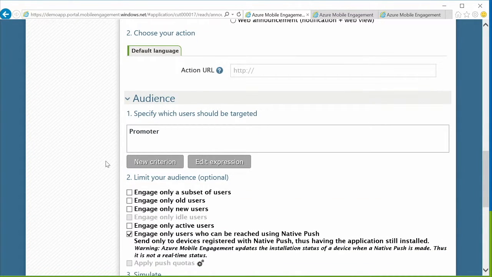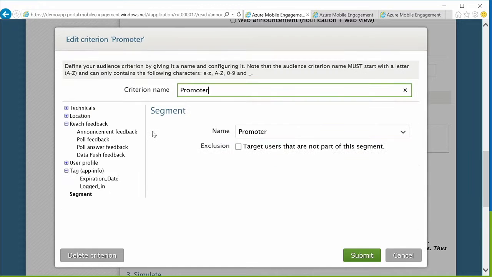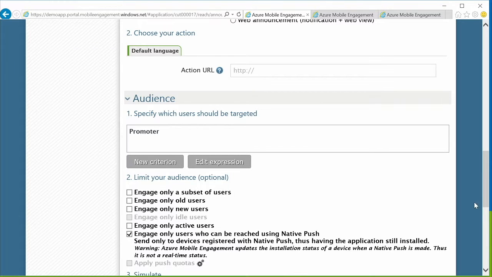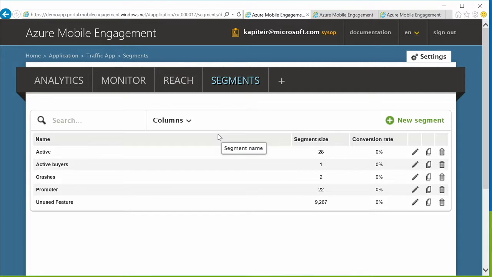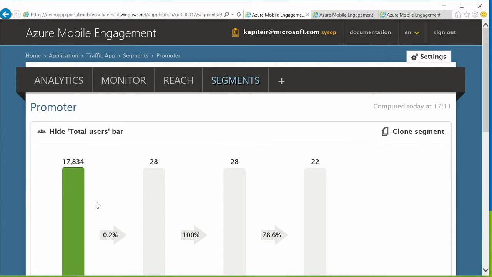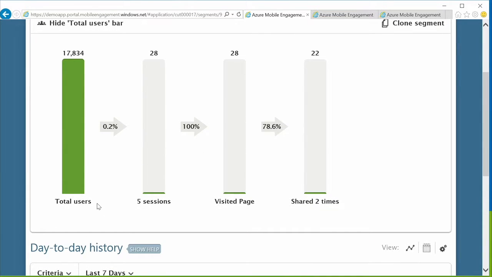The last part, which is actually the most important, is defining the audience. Again, we leverage the feature in mobile engagement which is segments, the ability to create a group of users who have some characteristics. Let's have a look at what this segment looks like in that definition. It's a set of criteria that users must match in order to be in that segment.